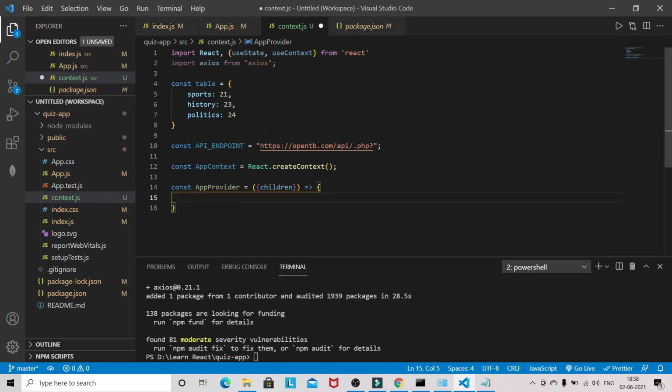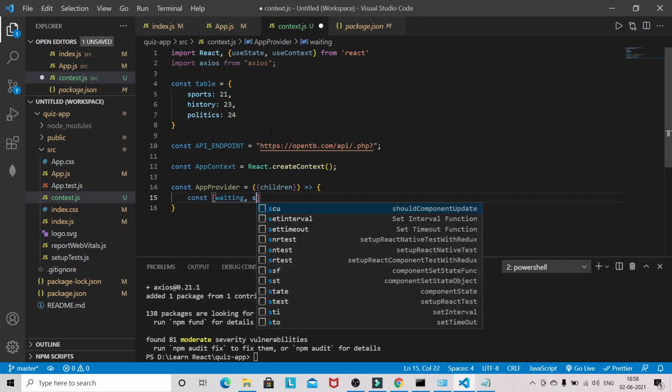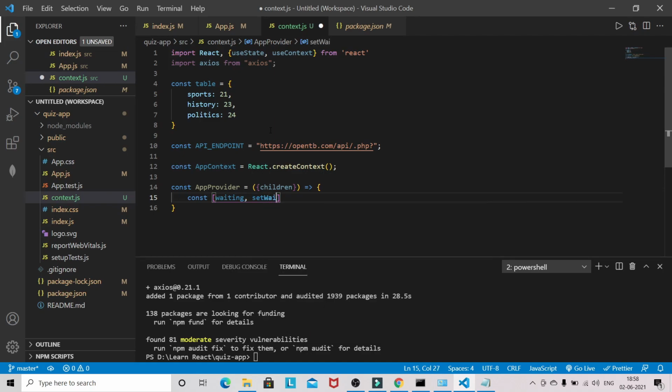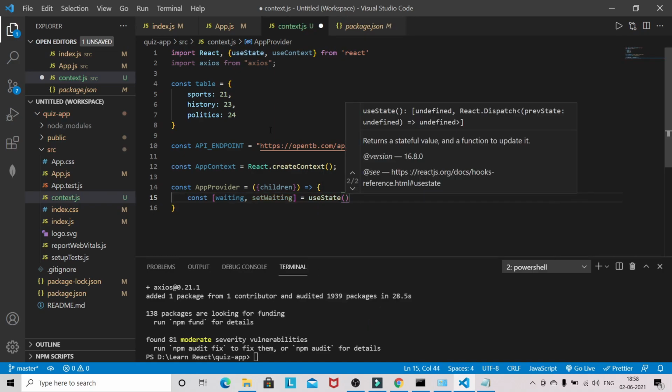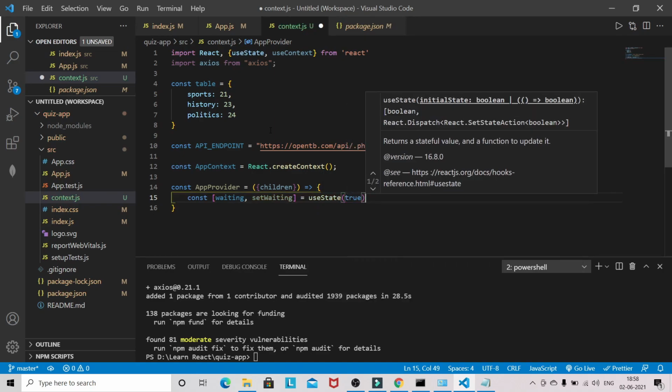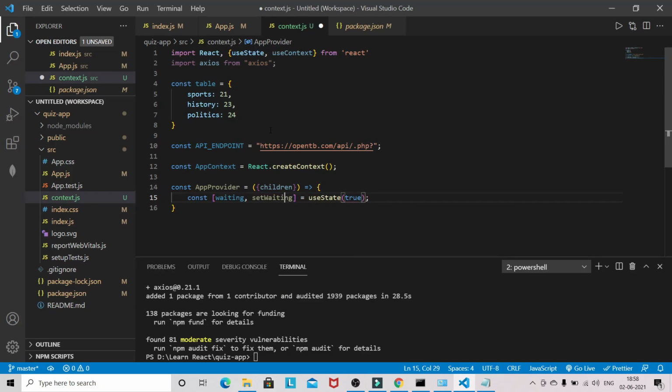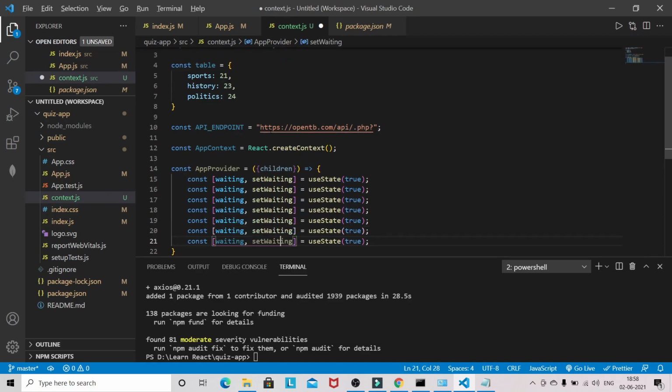and then we have to set some state. Okay, so const waiting, setWaiting, useState true. So I will copy this around 7 to 8 times because we need a lot of state here.